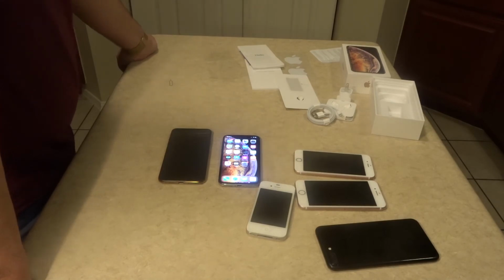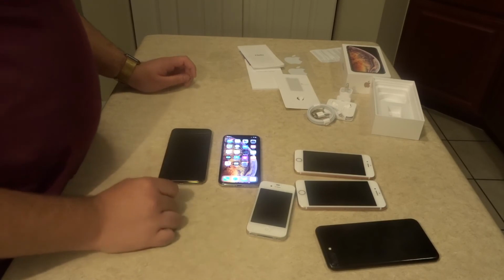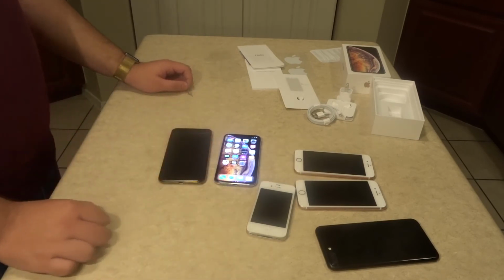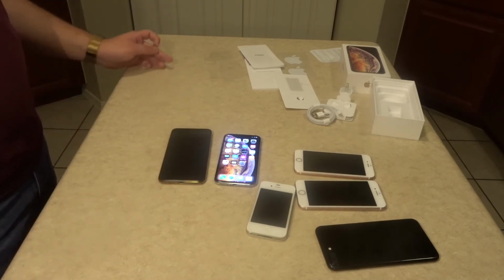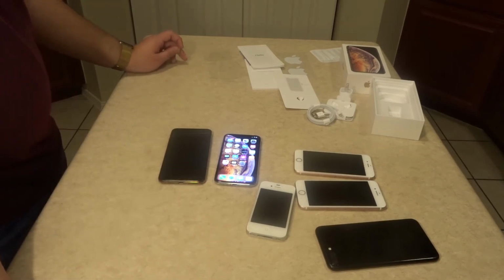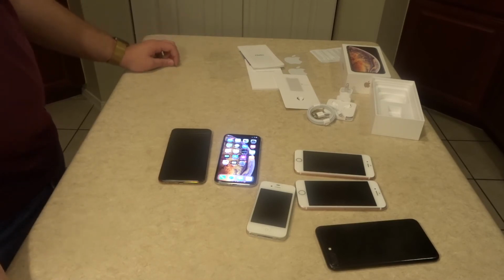It's going to be still crisp and clean, and you do get Face ID, you do get the A12 processor, you do get pretty much most of the features that these new XS and XS Max devices have. So if the money matters, go for that one. I'm pretty sure that one's going to be a huge seller, especially because of all the variety of colors that Apple has been giving,